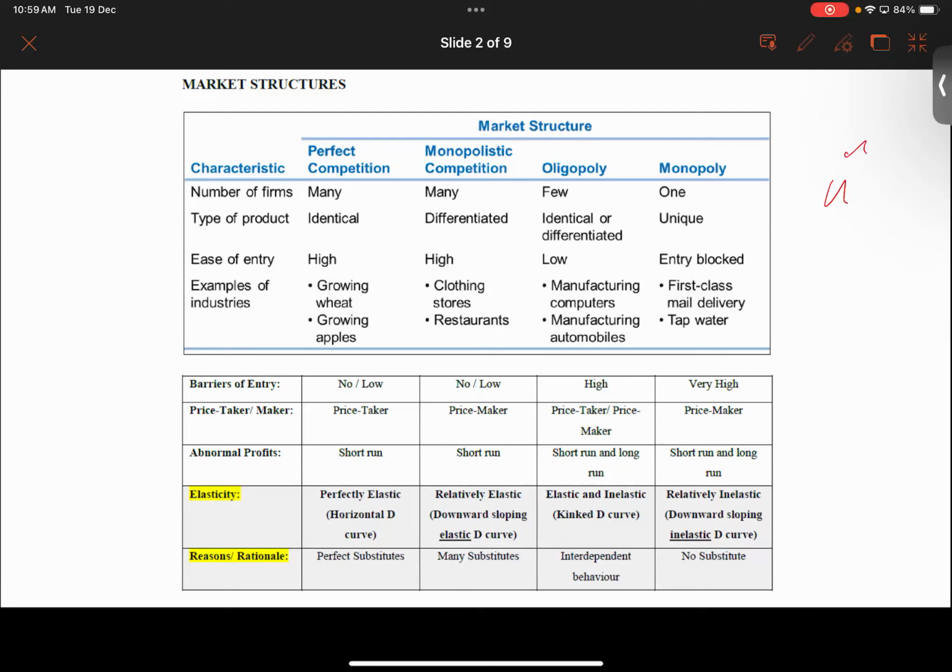So when we look into oligopoly, we are referring to a market structure in which there are only a few firms in the industry itself. Few firms dominating the industry. You can think about the automobile industry, or the airline industry. Airlines, telecommunications, manufacturing automobiles, all these have only a few firms in the industry. They can be selling either identical or differentiated products, but the most important thing is that there are only few firms in the industry itself.